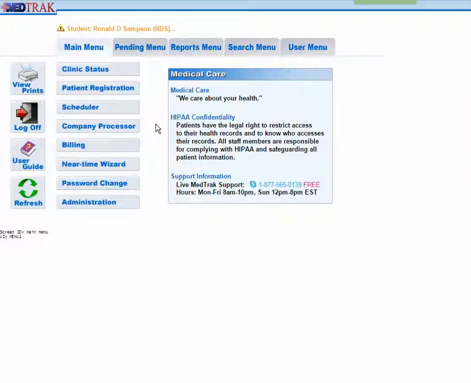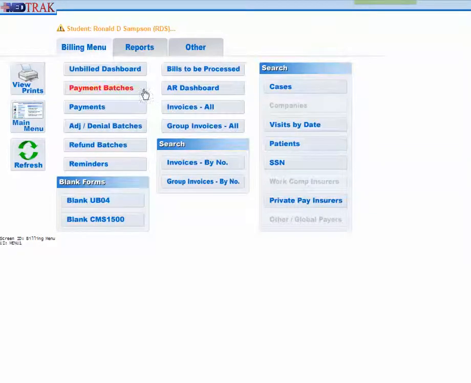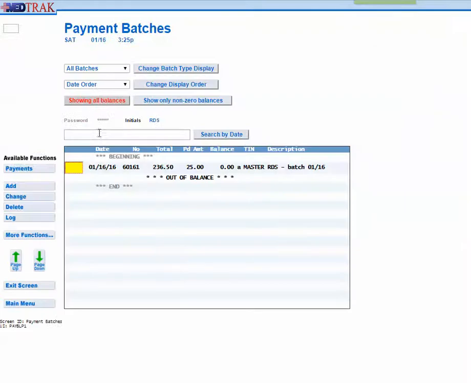How to add another payment to a batch in MedTrack. From the MedTrack main menu, click the Billing button. On the Billing menu, click Payment Batches. In this example, the only payment batch I have right now is for $236.50, and there's only one check out